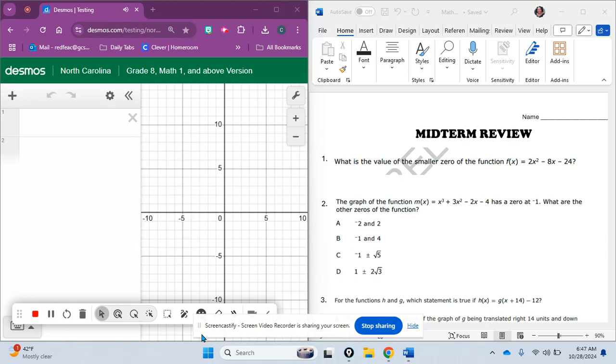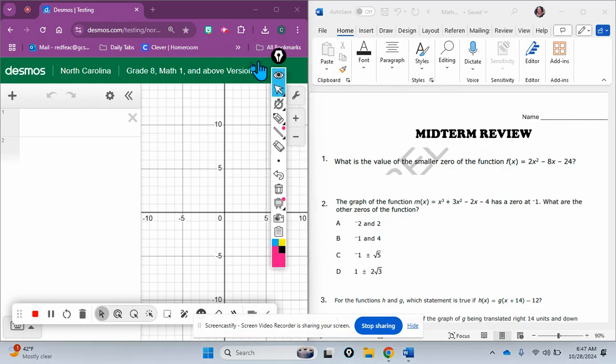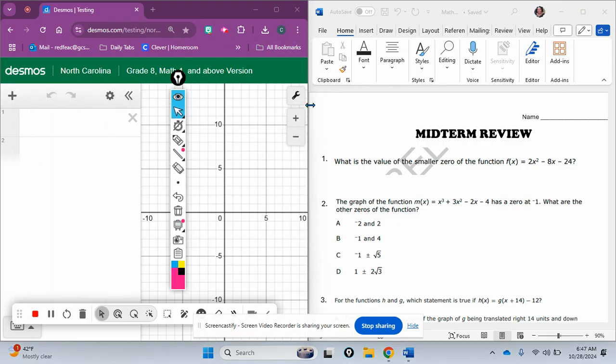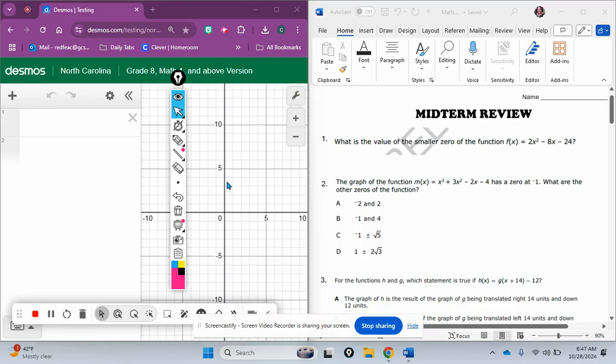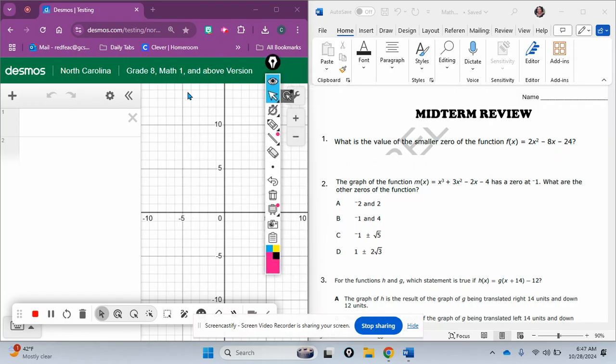Okay, for your midterm review, we're going to go over a couple of these questions and get you ready for this test tomorrow. So it says, what is the value of the smaller zero of the function f of x equals 2x squared minus 8x minus 24? All right, so we know that the zeros are the same as the